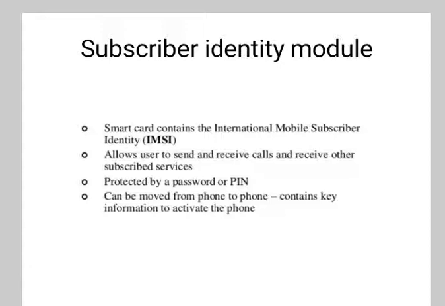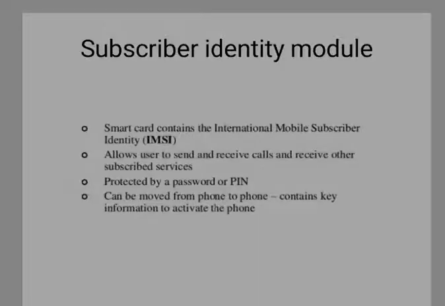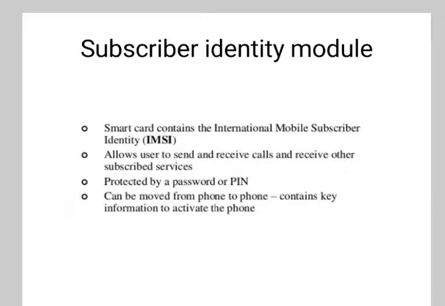The temporary mobile subscriber identity, that is TMSI. This number also identifies the subscriber and it can be alternatively used by the system. It is periodically changed by the system to protect the subscriber from being identified by someone attempting to monitor the radio interface. The location area identity, that is LAI, identifies the current location of the subscriber. Then the subscriber authentication key is used to authenticate the SIM card. And the mobile station international standard data number is the telephone number of the mobile.